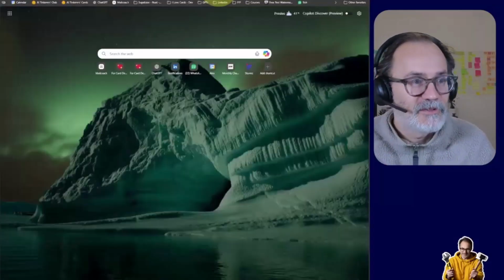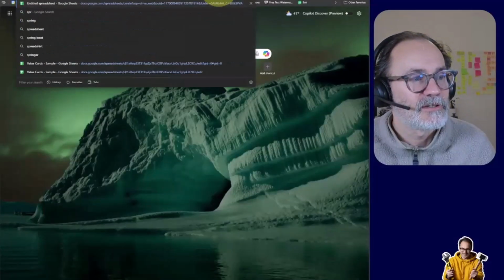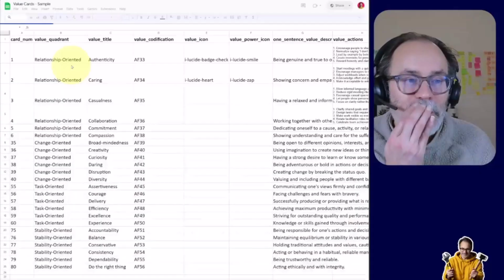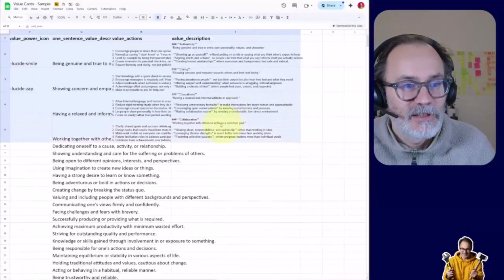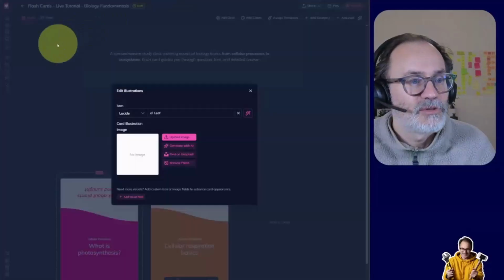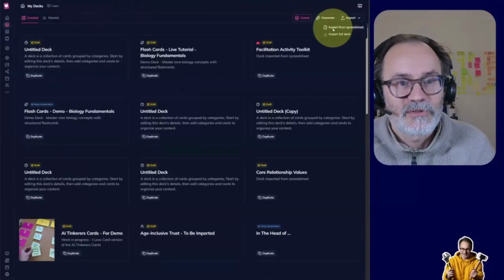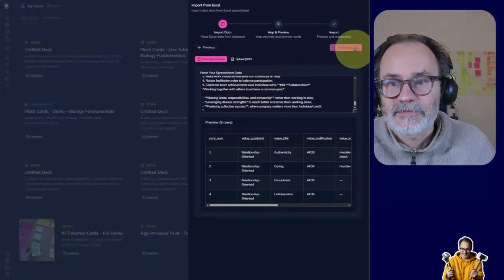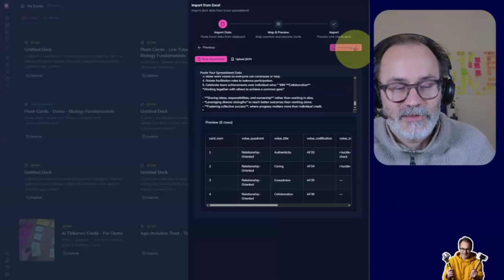If you want, very quick demo, Google spreadsheet, value card sample. You can also have your card deck on a spreadsheet like that. Just copy and paste it, copy, go to I love cards, in your deck, import from a spreadsheet, paste, next, analyze. The AI is analyzing the spreadsheet,